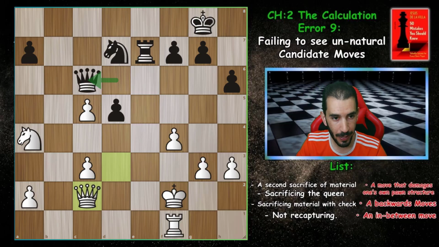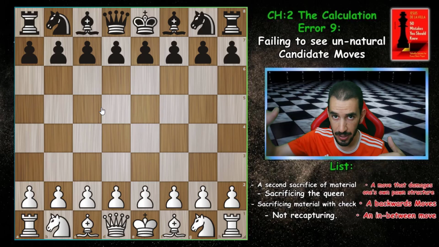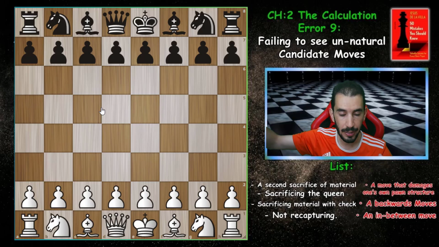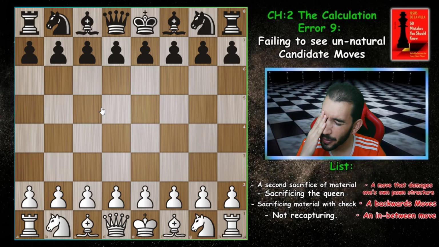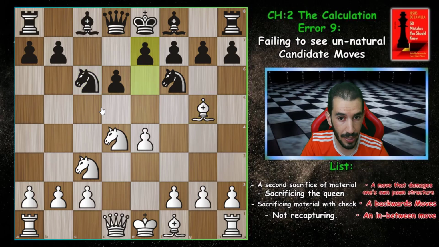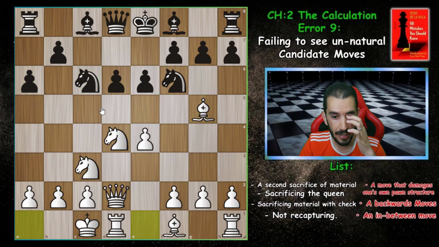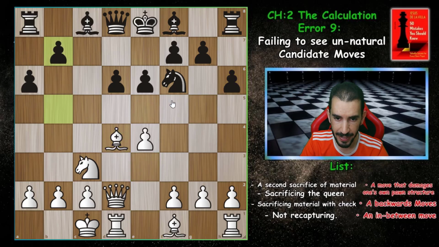Now while I was preparing for this video, I remembered something. Actually, now we're done with error number 9 in the book. But I remembered a game because in the list, and probably you will see it on your right, we mentioned something about the pawn structure. And when I remembered that, I remembered the game played by Nsake and Anand. And Anand all of a sudden played a very crazy chess move, destroying his pawn structure, and it was a brilliant move. Let's see that. It's a classical Sicilian actually, and Nsab went on to castling long, h6, bishop e3, taking,